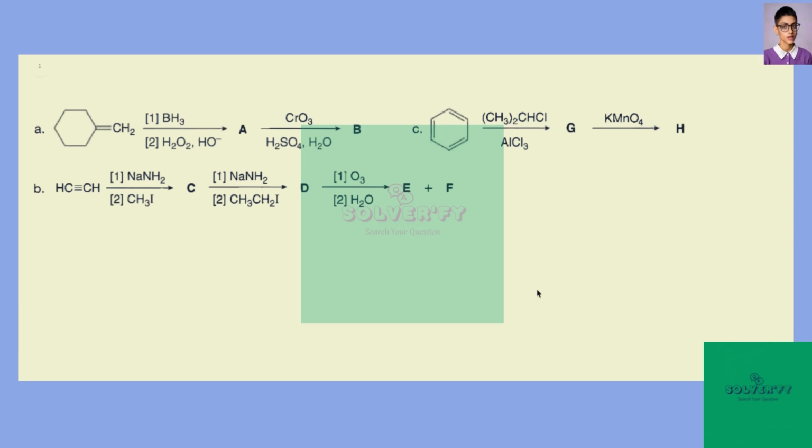Hello everyone, today we're doing chapter 19, problem 34. This problem asks us to determine the letter compounds in each of the reaction sequences. So let's start with A. So in A,